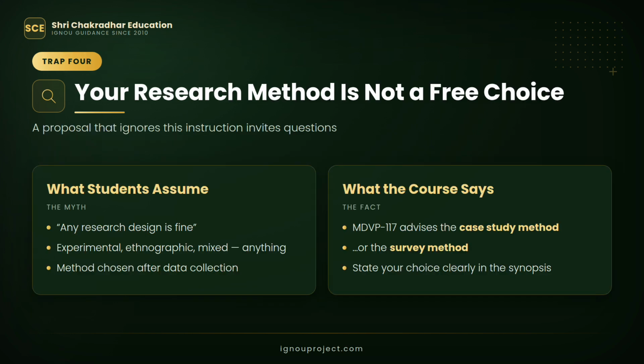Trap number 4. Your research method is not a free choice. The official course description for MDVP-117 advises you to use the case study method or the survey method. That is narrower than most students realize, and a proposal that ignores it invites questions. And this is where